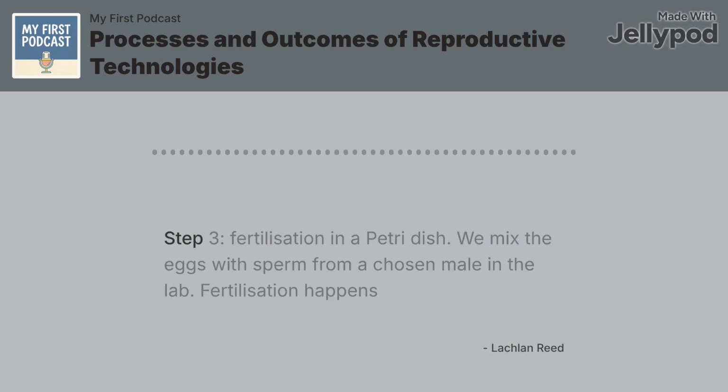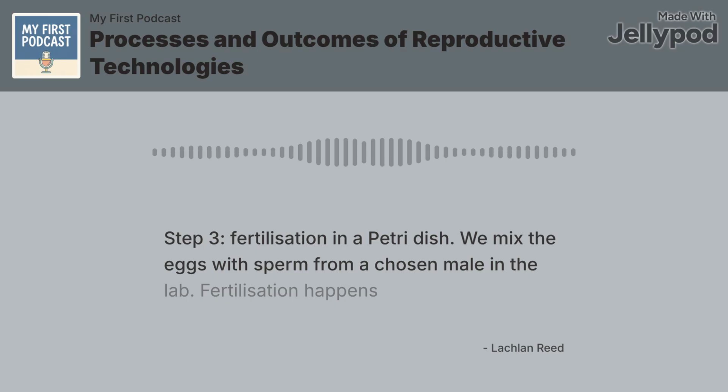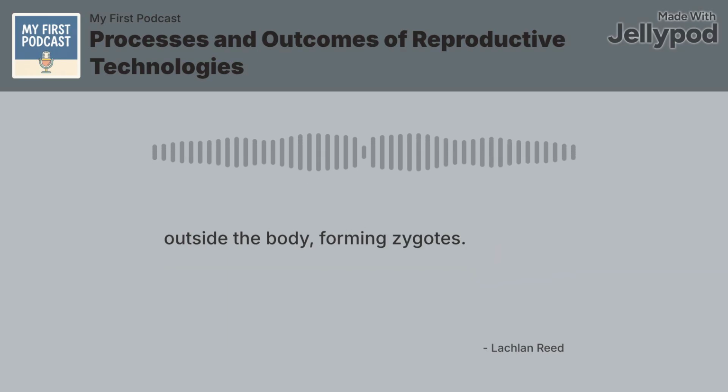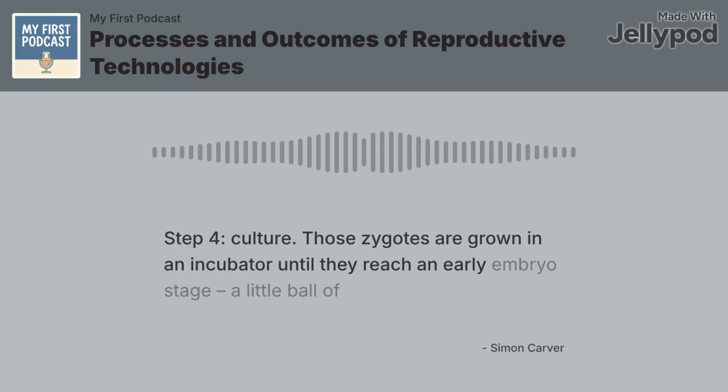Step 3. Fertilization in a petri dish. We mix the eggs with sperm from a chosen male in the lab. Fertilization happens outside the body, forming zygotes. Step 4. Culture. Those zygotes are grown in an incubator until they reach an early embryo stage, a little ball